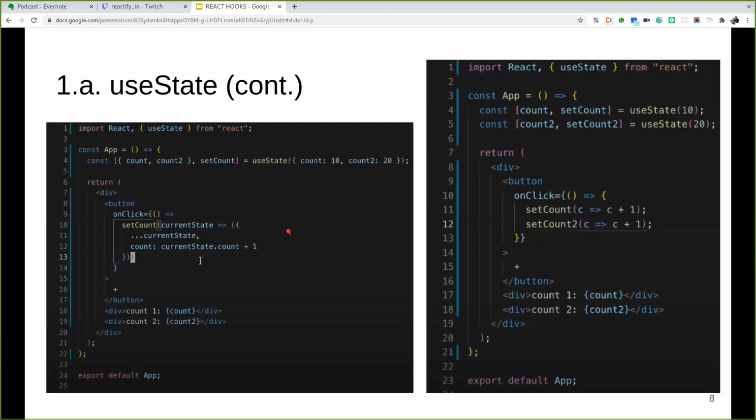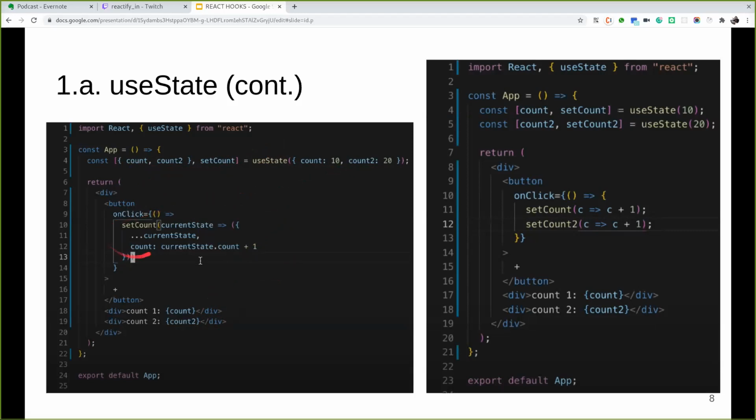So a little bit more about useState. In the previous example, we saw that we are increasing just a single count. But if we have two different counts and we want to increase only a single count, then we can have two variables. And of course, we'll have one method because we are doing only one function and increasing a particular count. In the useState, we'll initialize the values as an object for both of the variables.